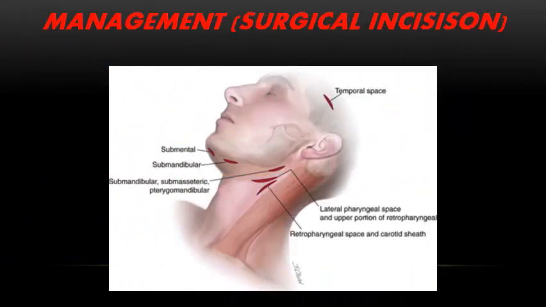What about the surgical management and the surgical incision? You can find the horizontal incision for the temporal space. However, this might not evacuate the space completely, and in case you have a good fluctuant collection of pus, you might resort to the most dependent area of this swelling and incise it to drain the pus completely.